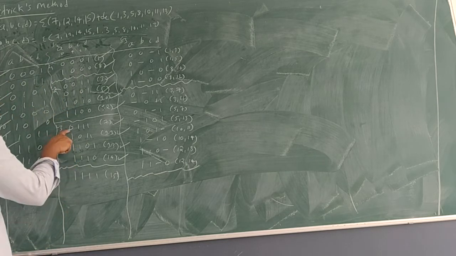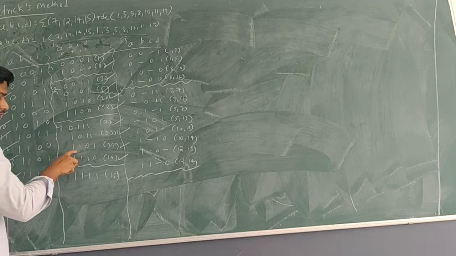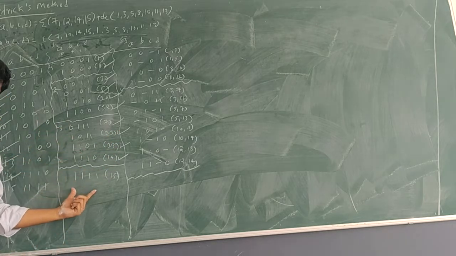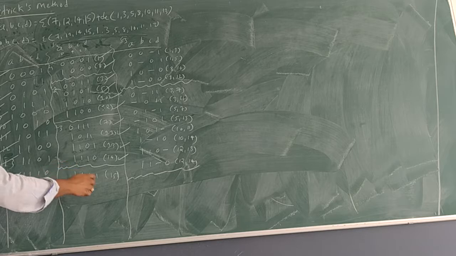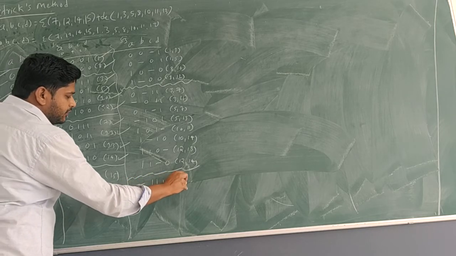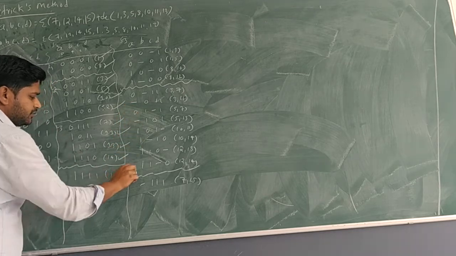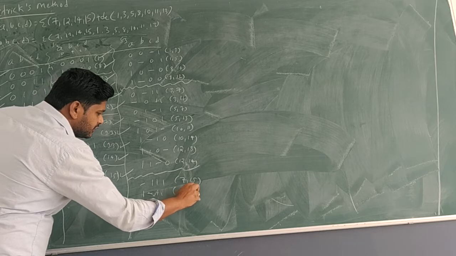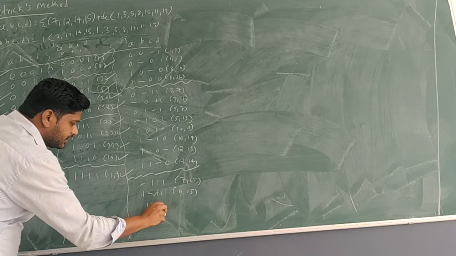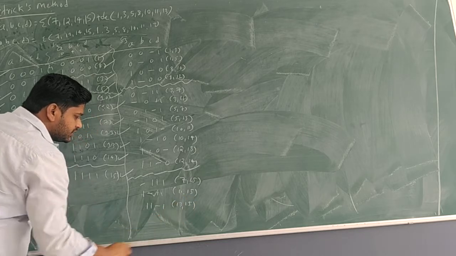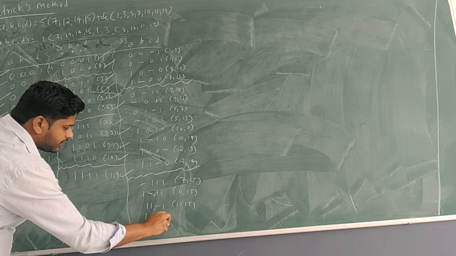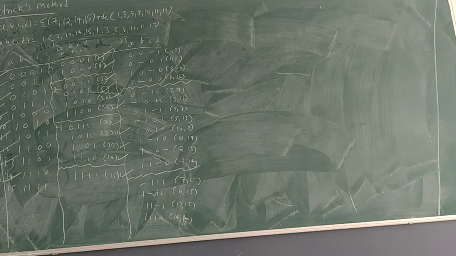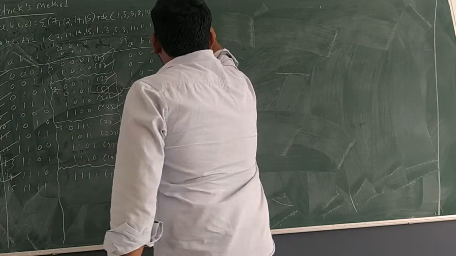So we can directly write hyphen triple 1, 1 hyphen double 1 double 1 hyphen 1 triple 1 hyphen. So here all are ones, here only one bit is different. So I will write directly hyphen triple 1, that I call as 7 and 15 pass mark. 11 15 is 1 hyphen double 1, that is 11 comma 15. 13 means double 1 hyphen 1, that is 13 comma 15, and triple 1 hyphen is 14 comma 15.